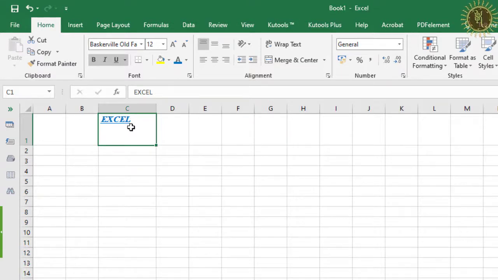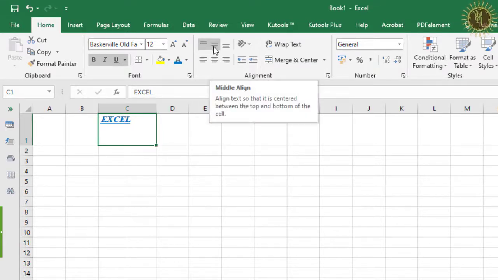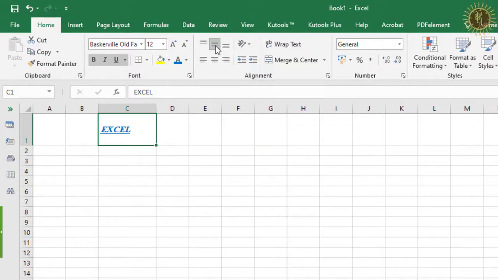Now next is middle alignment. To set the data in the middle, you can see here the middle alignment. Click on this and your data has been set to the middle in the cell. After that, bottom alignment, just click on this to set the text at the bottom.